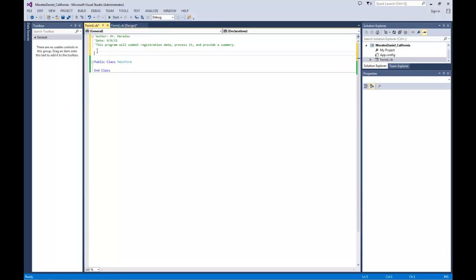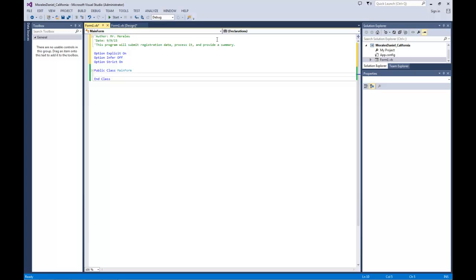You're going to create some space, go to the next line, and type 3 statements. I'm going to type them in there and then you copy them. I want you to type these 3 statements: option explicit on, the second one is option infer off, and the third one is option strict on. I will talk about these in another video, but for now just type them in there. Once you've done that, I want you to click inside your public class main form,